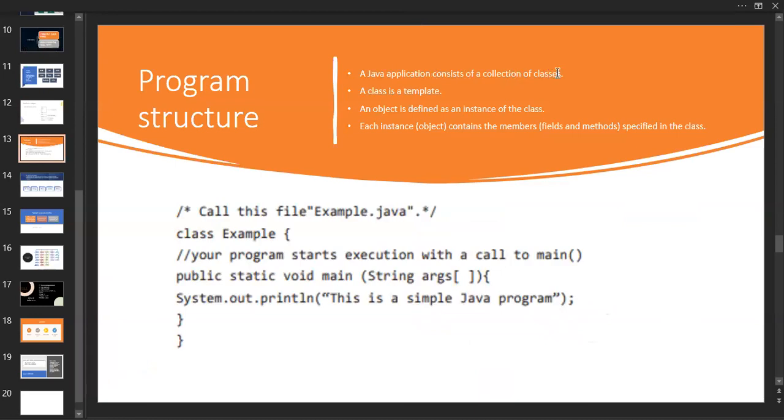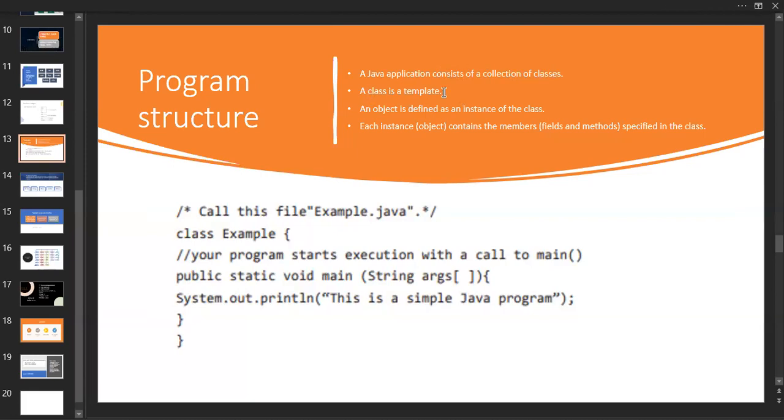Java application in the sense that you're going to build an application for the software industry, right? So we will call that an application. The browser, in the sense Chrome, Safari, Mozilla Firefox, each and every browser is an application. So Windows Office, the Word, the Excel, the Access database, each and everything is an application only. So each and every application consists of a collection of classes.